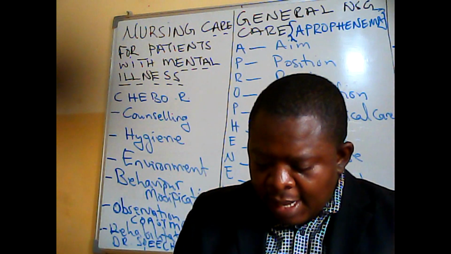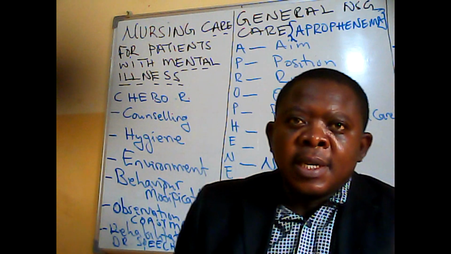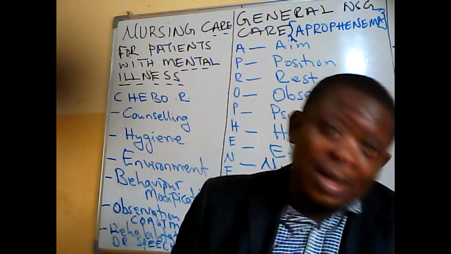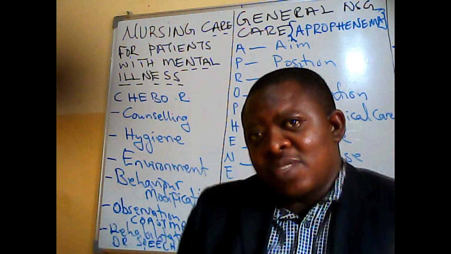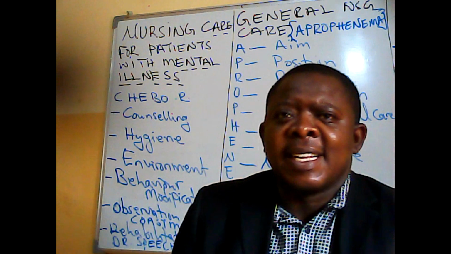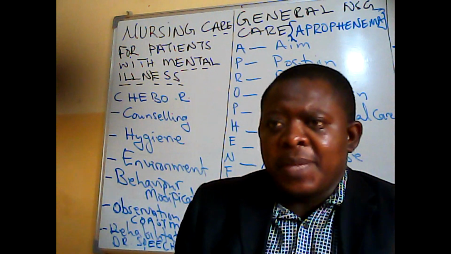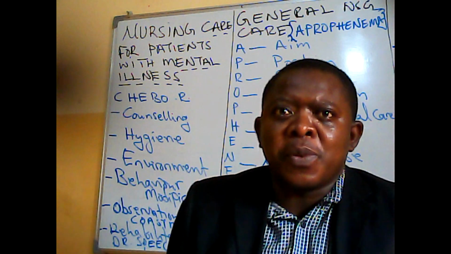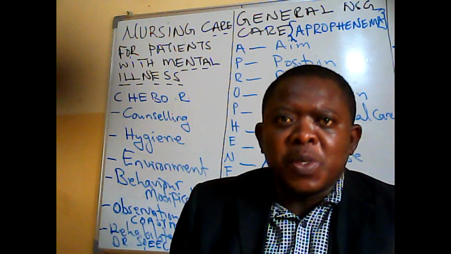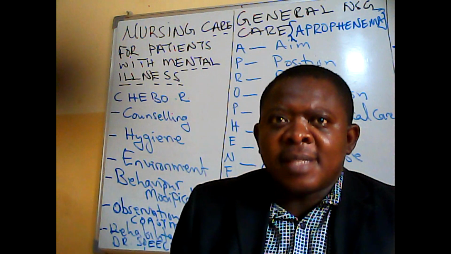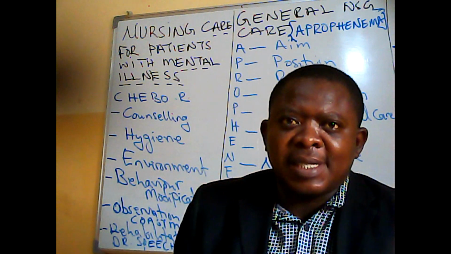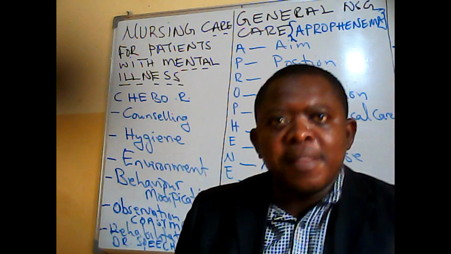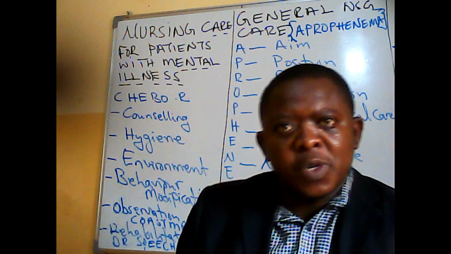All right. Then A is activities. So when you have a patient with mental illness, you have to do all activities away from those things that are stressing them or provoking an attack. You have to do that because for you to be good at writing essays or for you to be good at nursing patients with mental illness, you need to identify the certain stimuli that are noxious to the patients. You need to identify the problems that the patient is facing. When you have identified the problem, then that's when you can come up with good nursing care.